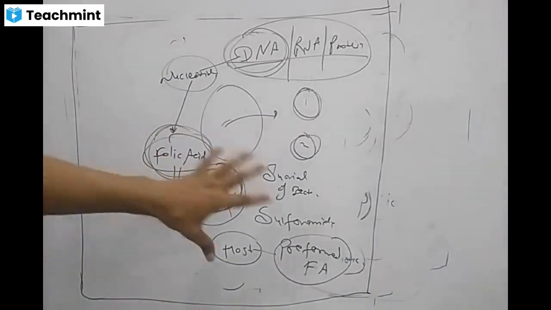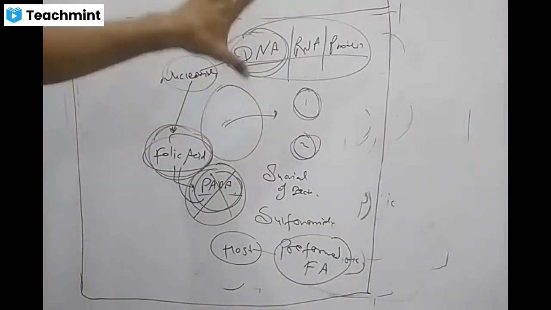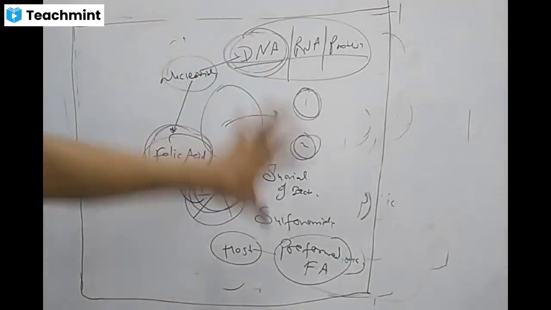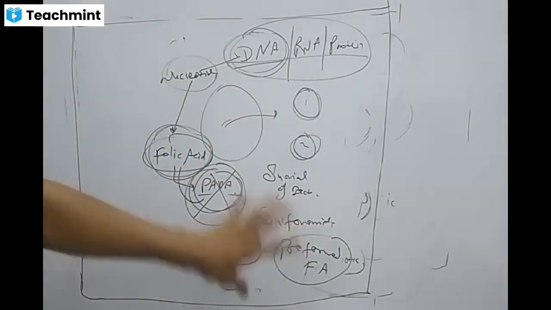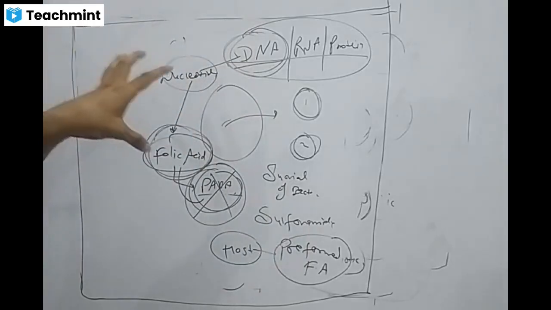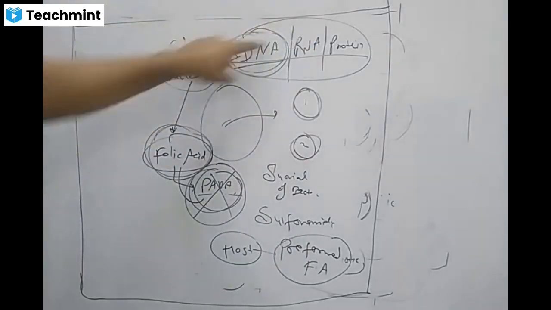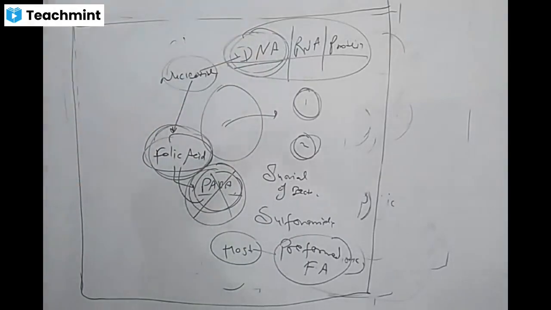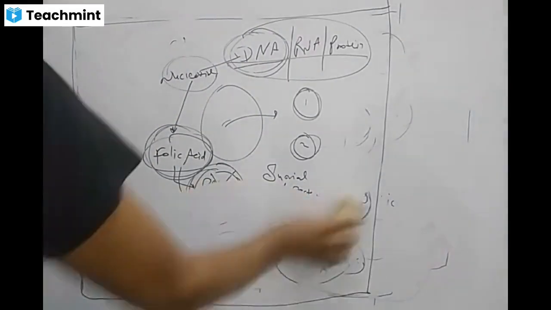So one mechanism is present in bacteria, important for its survival, but not present in the host. In this case, the drug is selectively toxic for the survival of microorganisms. So these microorganisms are selectively killed. They may be bacteria, fungi,